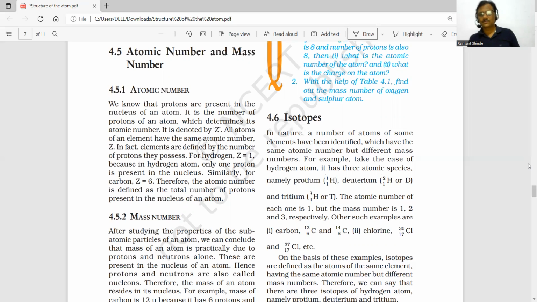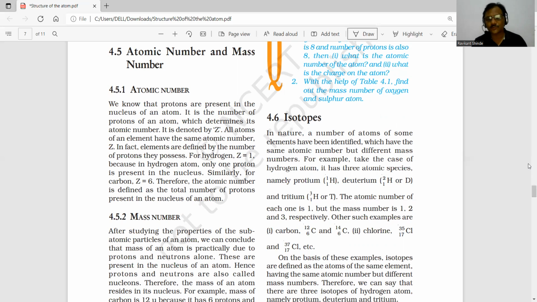For example, hydrogen. There are 3 isotopes of hydrogen: one is hydrogen, another is deuterium, and the third one is tritium. How many neutrons are present in the first isotope, hydrogen? Can you guess? Yes, very good, there are no neutrons in the first hydrogen. But deuterium contains 1 neutron, that's why its mass is 2. And tritium contains 2 neutrons and 1 proton, that's why its mass is 3. These give the heavy waters. That means if you take water H2O, there are also D2O and T2O.